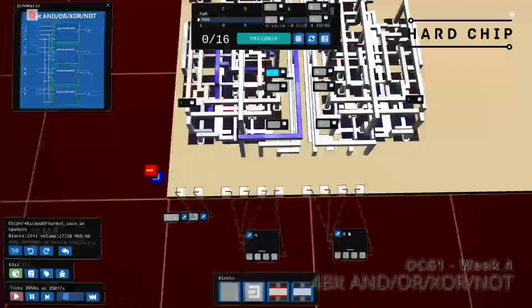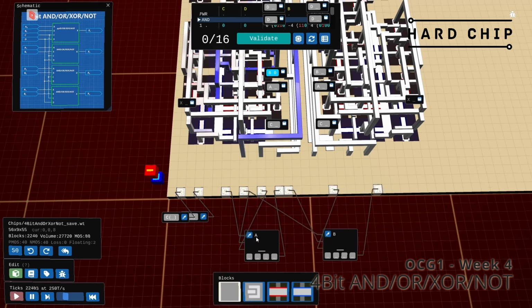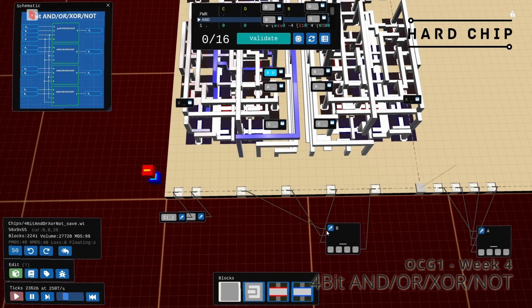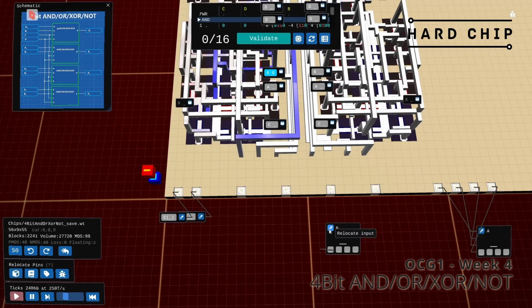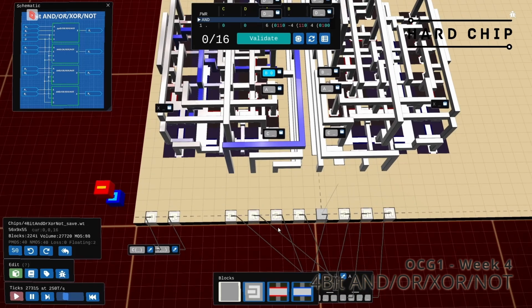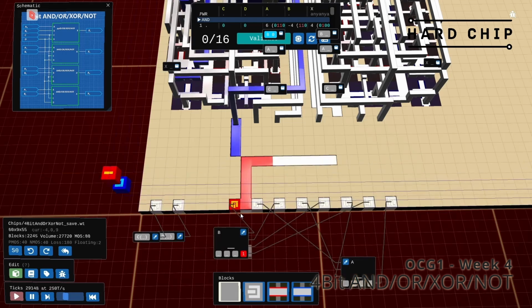We will go with this. So I need 1, 2, 3 spaces there. No, one less. Up. And then 1, 2. There. So we have our 0 that is set,